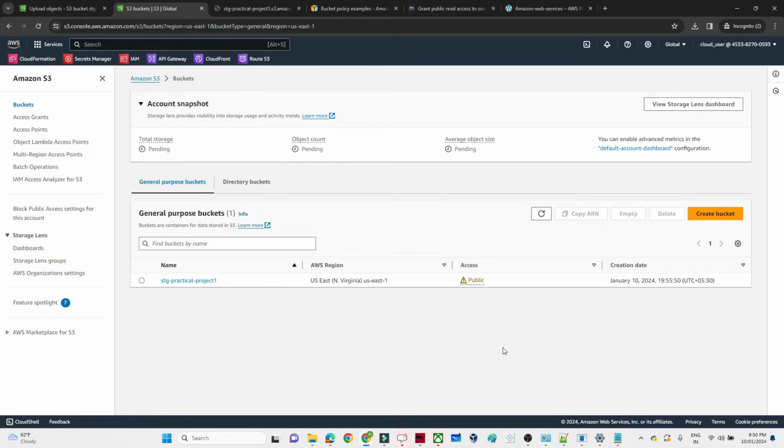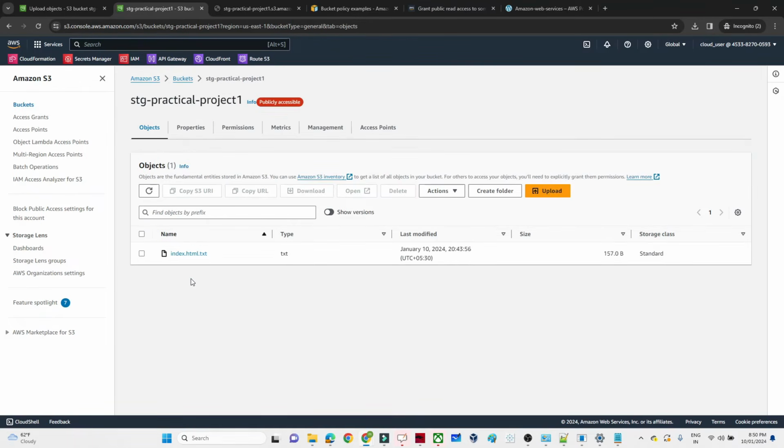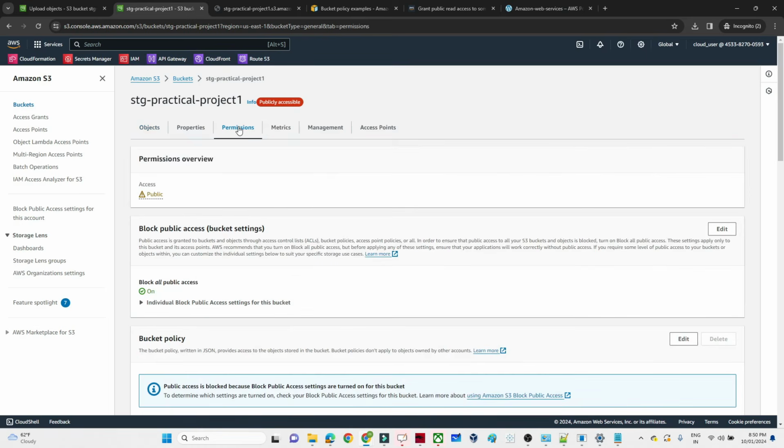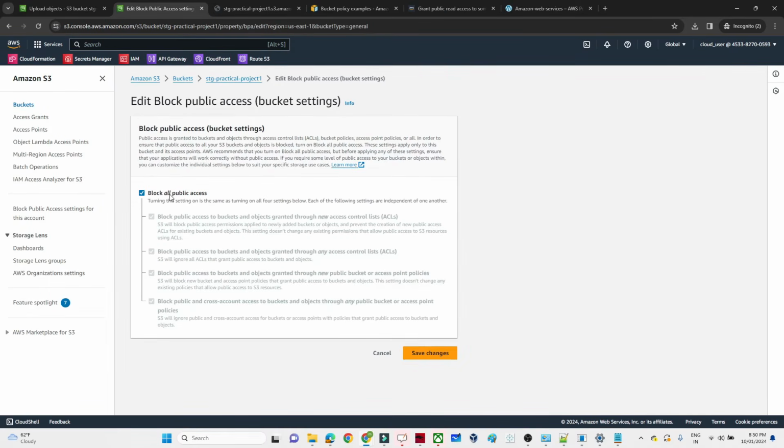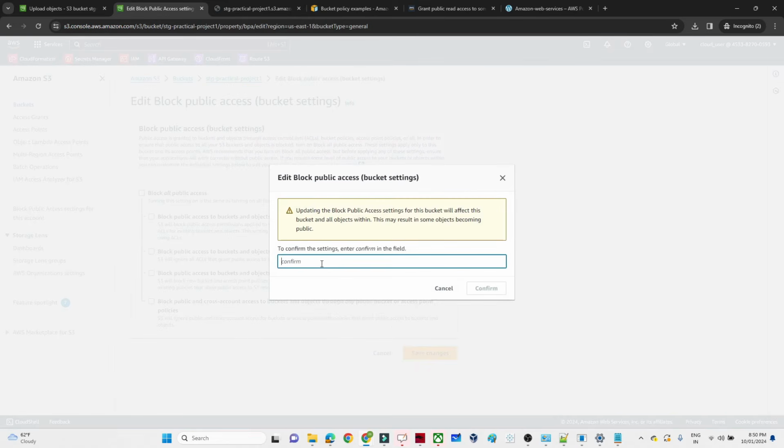Now let us see how we can publicly access our bucket and the object. So I'll click on this bucket, go to the permissions. Once you come to the permissions, you can see we have one option, block public access. By default it is enabled, so we have to click on edit and disable it, meaning we are giving all the public access. Click on save changes, click on confirm,